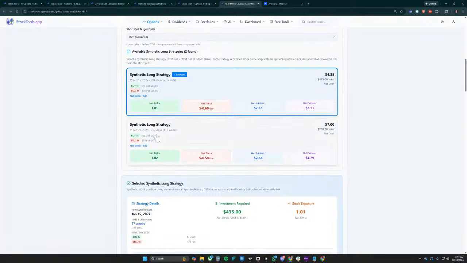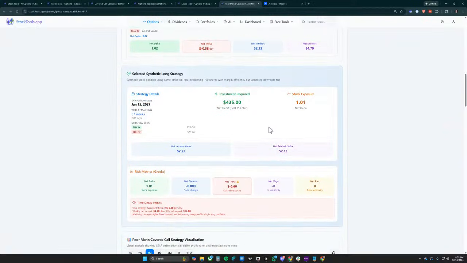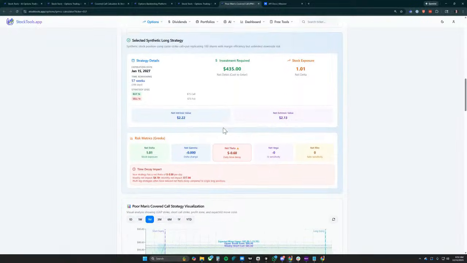So this will go through and try to find, okay, you want to buy the 75 call, 75 put for January 15th, 2027. Here's the delta. Here's your theta per day. This is what you're losing per day, the intrinsic, the extrinsic, and then a deeper dive into those Greeks. It's going to cost you $435 up front. Actually, I need to add the margin in here too, because there is margin for the short put side.